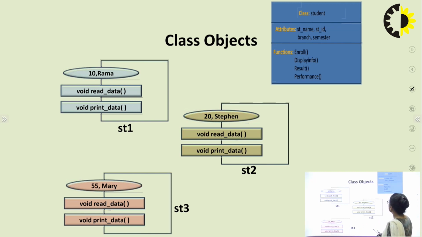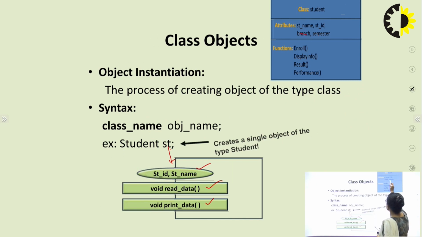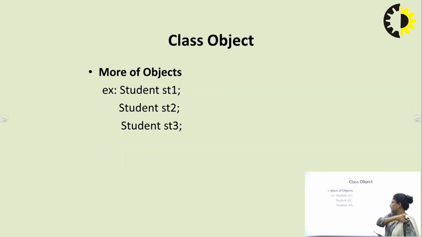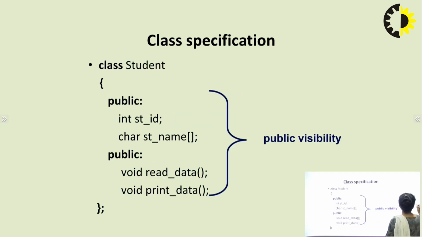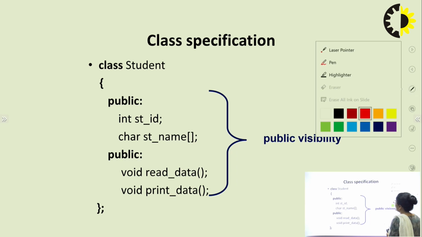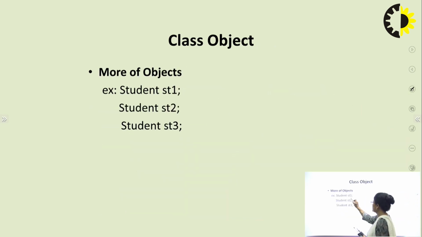So in this example, here we are basically having a class with a student ID and student name. So the class has student ID and student name, not this one; there is a typo error out here. And we have read data and print data. So if you look at this, we have st1, st2, st3, they are objects of type